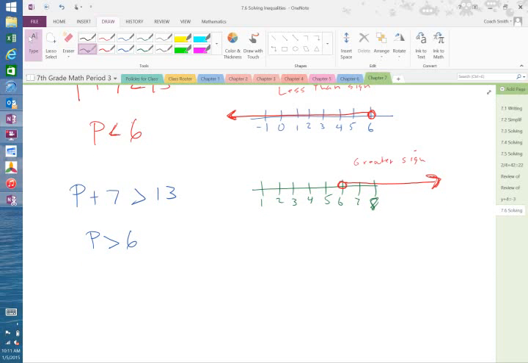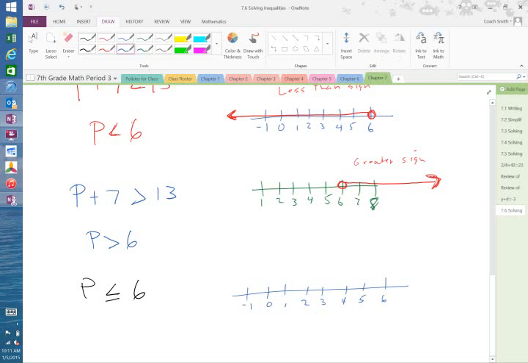let's look at those same two expressions, but let's say they look like this. Let's say our answer was p is less than or equal to 6. Okay, well the number line is going to look the same. Negative 1, 0, 1, 2, 3, 4, 5, 6. Okay, I'll even put a 7 there. The difference here is, yes, I'm going to put a circle at 6,